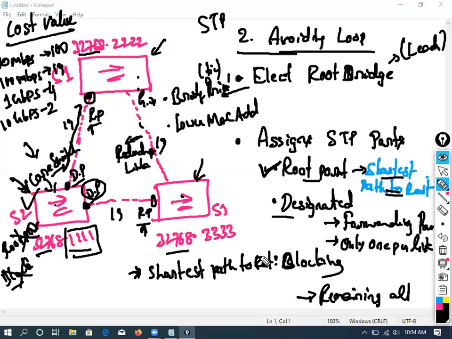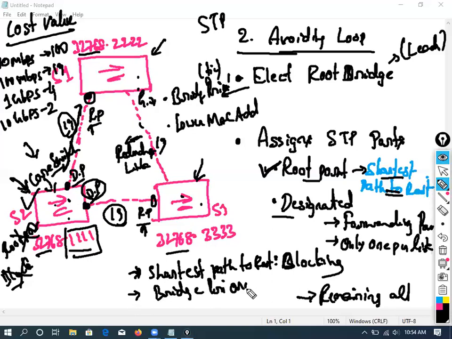Let's calculate who has the shortest path to the core switch. The result is that both the switches have the shortest path to the root switch with the cost of 19, since they have a directly linked connection, right? So it is a tie now. If it is a tie, then it will go based on the bridge priority.